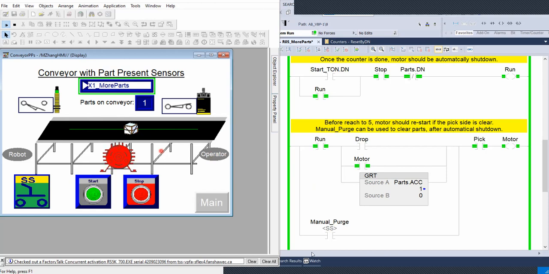Once stopped, you can use manual bypass to purge the part or put the system back into the automatic run. I'm going to demonstrate here. Right now you can see parts on the conveyor, there's 1. I'm going to pick a robot to drop the second one. Now we have 2 parts on there, and then the robot drops a third part. There's 3 of them, 4